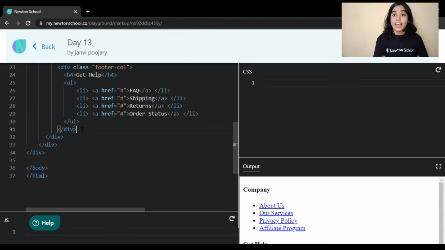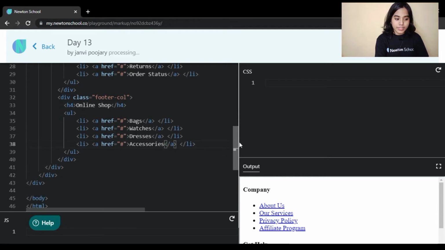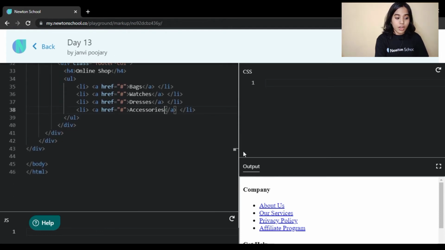Just like we copied and pasted this particular section, we will paste it again because we want our online shop, and there we will mention what kind of products we sell and what the categories of the products are.